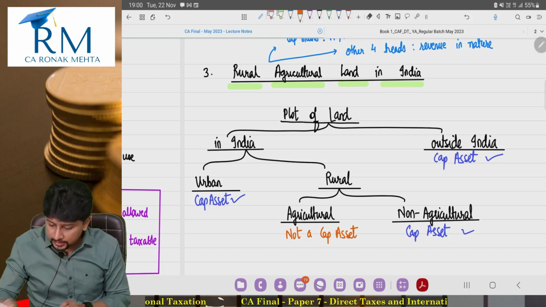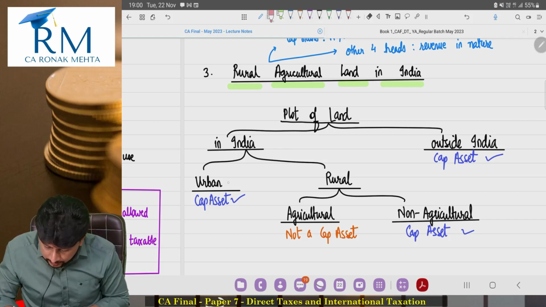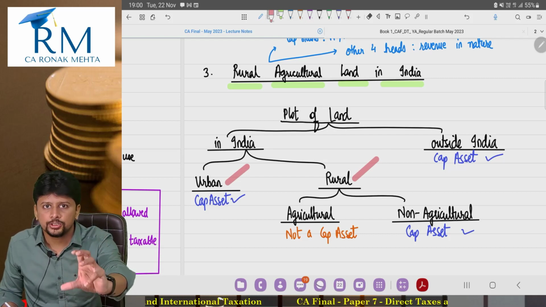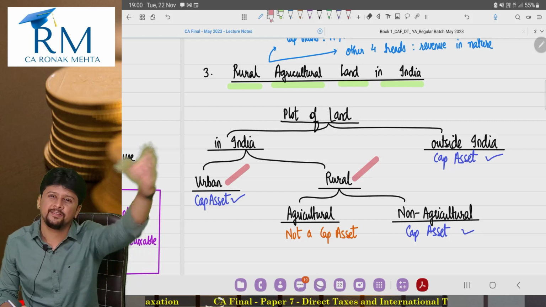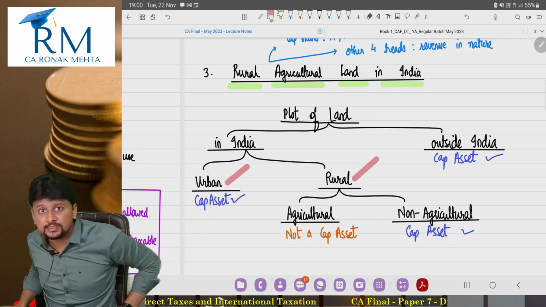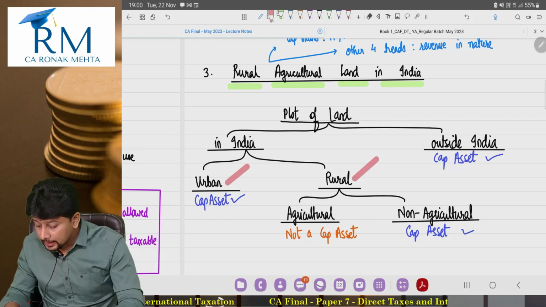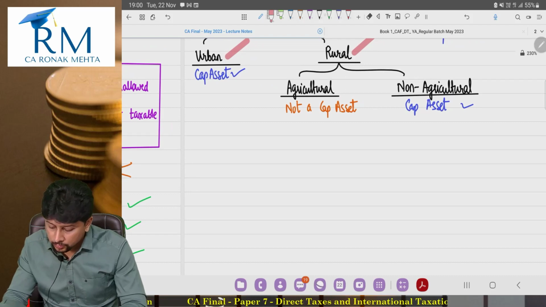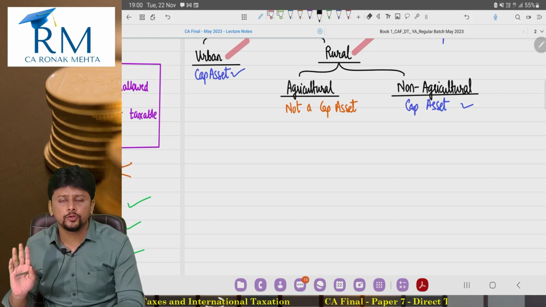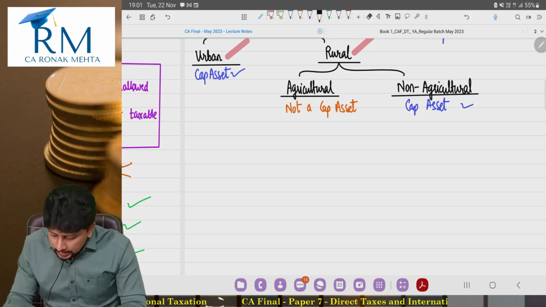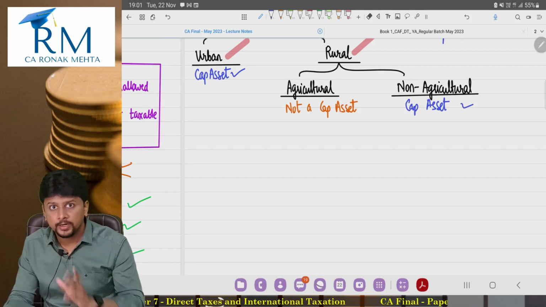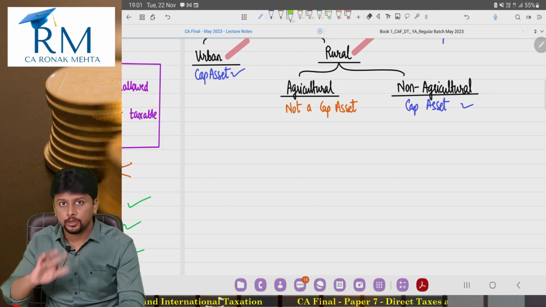Sir, but what we are confused about is, how do we understand which area is urban and which area is rural? Like, these are two English terms, but they are very vague terms. Rural means you can't say village. Urban does not mean you can't say city. No. And Income Tax Act also understands this. So Income Tax Act has clear-cut defined what's a urban area, what's a rural area. It has not left it to any scope for confusion or interpretation. It has defined it. I told you na, if you start reading it the way it is printed in the Income Tax Act, you'll get confused to a great extent. The confusion is this definition, urban area, rural area.